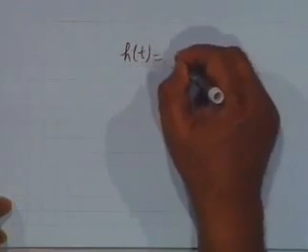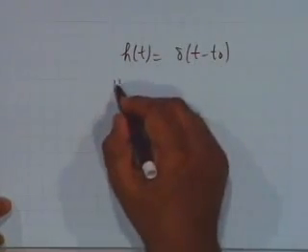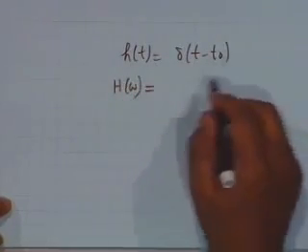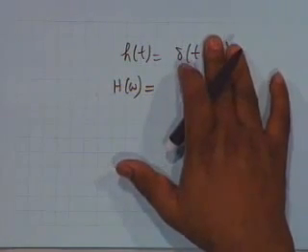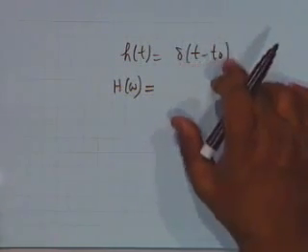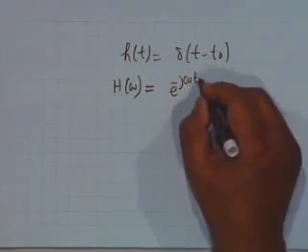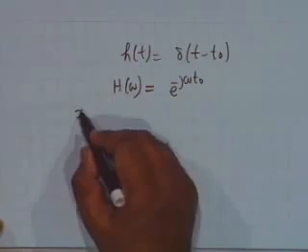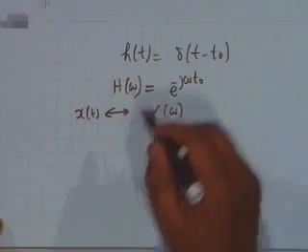Let's take some examples. Take a system with h of t equal to delta of t minus t0. Obviously capital H of omega is, if it was delta t, the Fourier transform is 1, and for a function delayed by t0, the Fourier transform is 1 multiplied by e to the minus j omega t0. If you apply an x of t, which is the pair of capital X of omega, to this system,